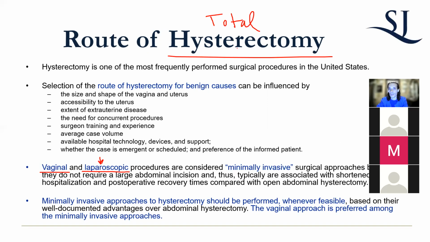A hysterectomy has nothing to do with the fallopian tubes or the ovaries. That's why if you see a procedure described, it'll say a total abdominal hysterectomy, bilateral salpingectomy, right? They have to say that because it's not the same thing. And the route doesn't change the fact it's still a total hysterectomy. You get a total vaginal hysterectomy, a total laparoscopic hysterectomy, a laparoscopic assisted vaginal hysterectomy, etc.